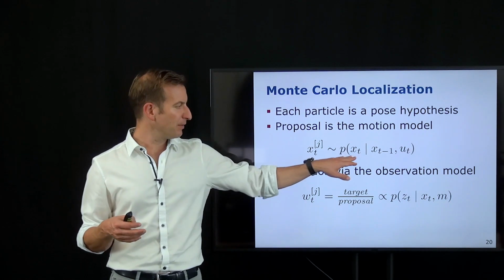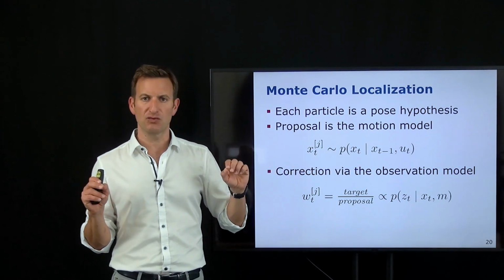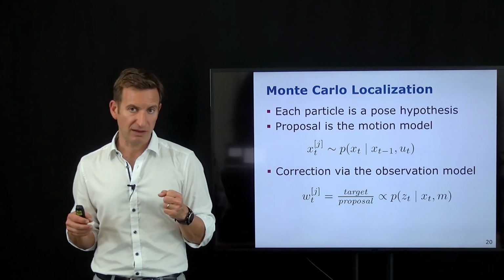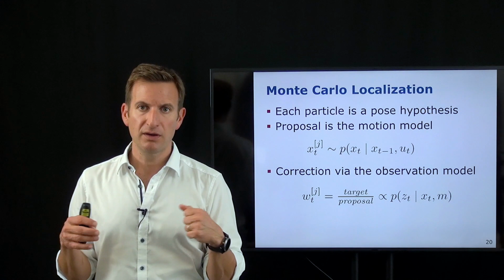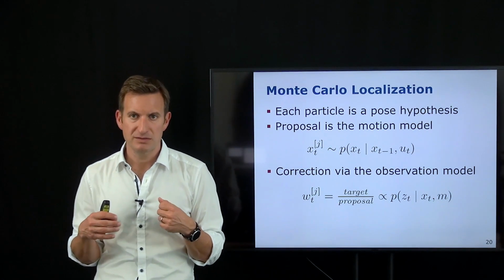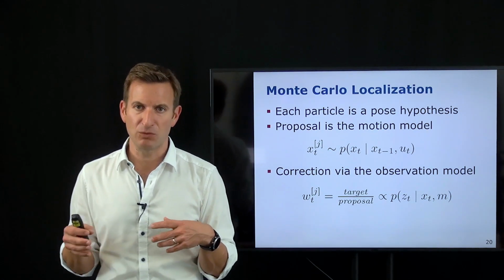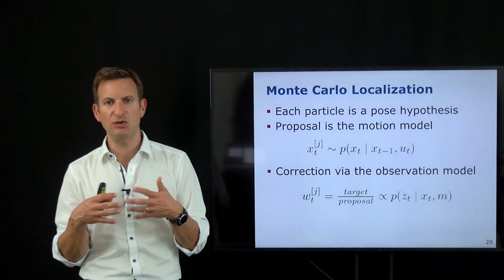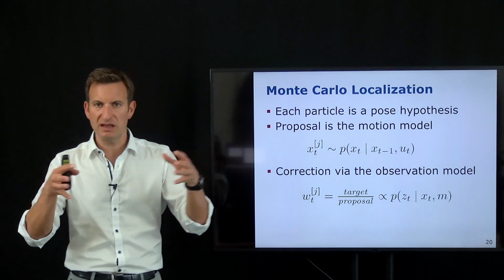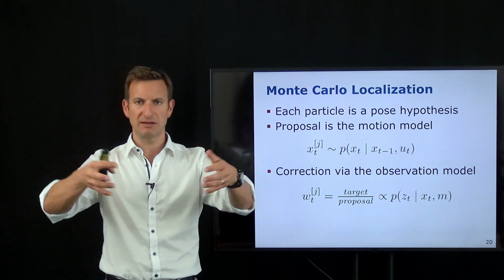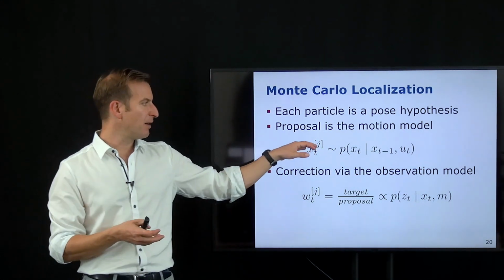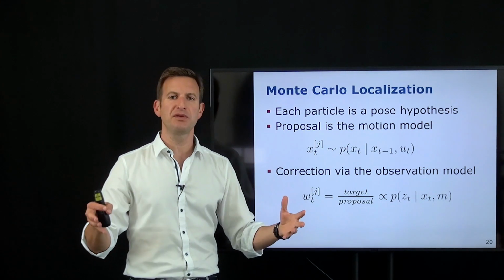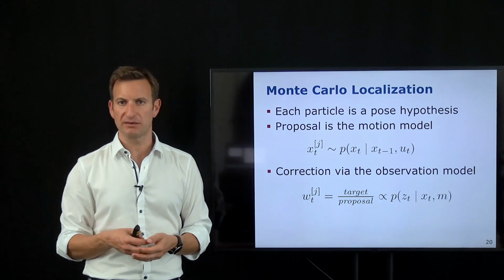So for every sample, we draw from this distribution. We don't take the maximum value, we draw from this distribution, so that some samples move forward 1 meter, some sample moves forward 80 centimeters, some sample moves forward 1 meter 20, and so on and so forth. So we are generating a new set where we are increasing the uncertainty. We are spreading out the particles in the world about the predicted belief, because we add uncertainty to the world if we only move through the environment without observing it.